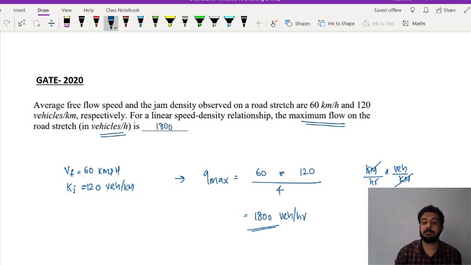In case they are asking vehicles per minute, then how many vehicles per minute will it be? If you want to convert into vehicles per minute, obviously no need to calculate much. 1800 vehicles are there in 1 hour, then in 1 minute I will be getting a lesser value only. So it's going to be 180 by 6, 30 vehicles per minute. Correct, 30 vehicles per minute. So this is how you have to calculate. Since here they are asking vehicles per hour, our answer will be 1800. That's it. Understood?